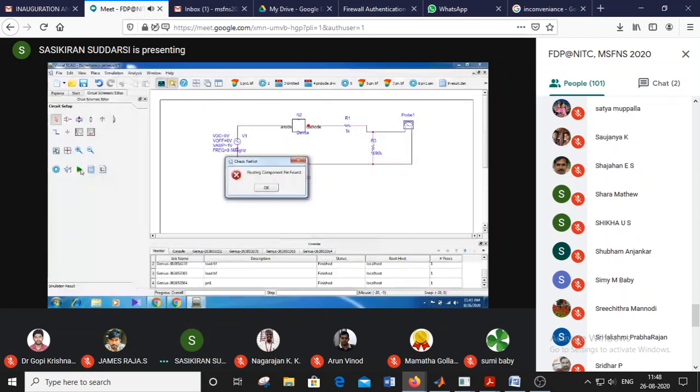And see this one. In the EDA tools like Multisim we have an option to check the floating point nodes. So here that is not available. Okay, we need to check manually.